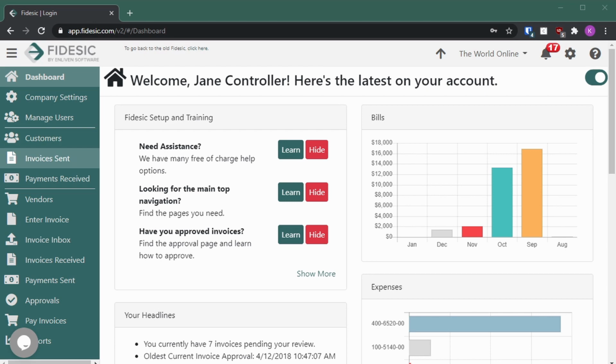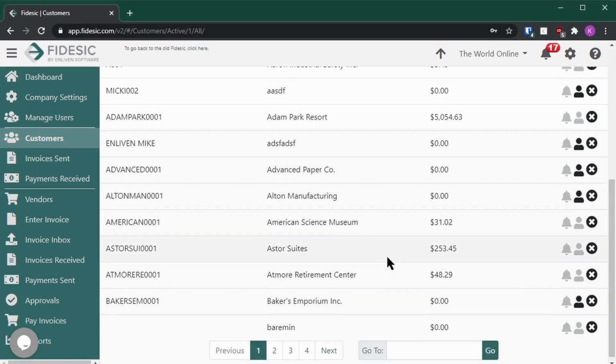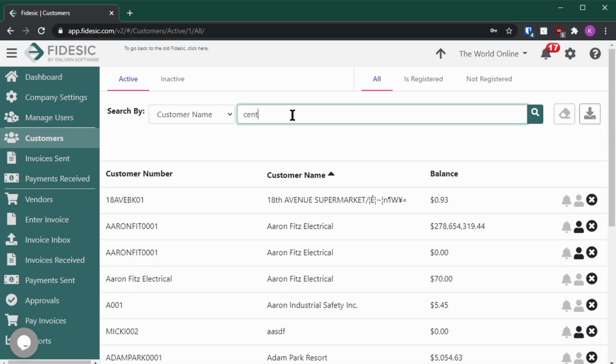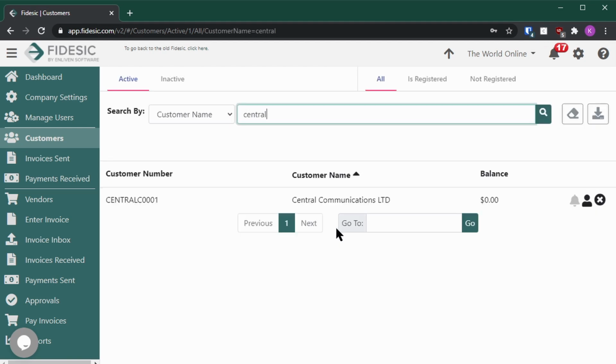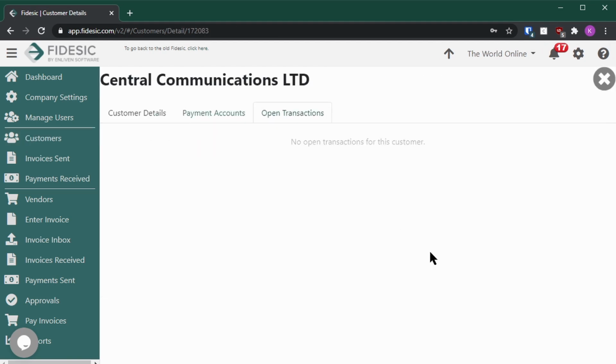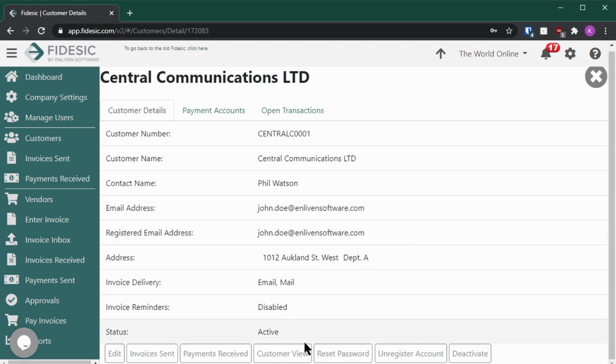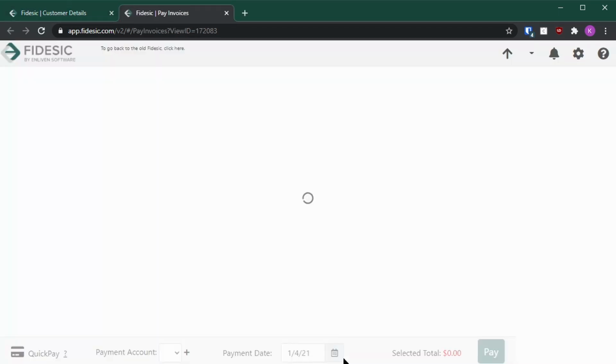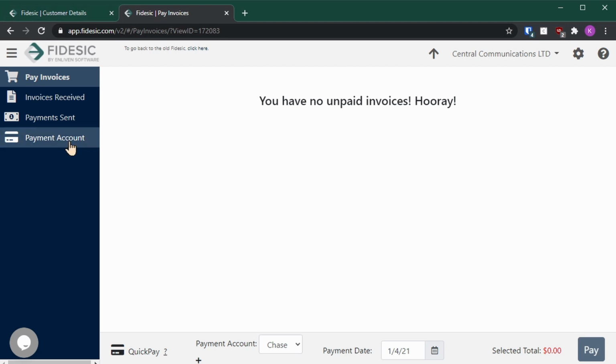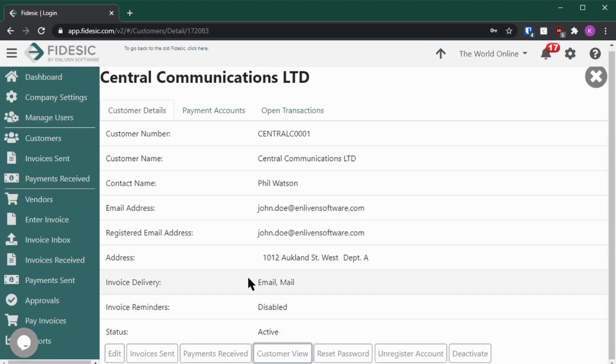So from the admin side, I'm going to have some visibility into my customers here. So if I click on that customers tab, I can see all of the customers that I have, which means I can look up an individual customer. If we're looking up our Central C, we can check on this customer, see any open transactions that are associated with that customer, see some basic customer information that we're going to sync from GP, and we've even got a customer view option here. So this customer view option is going to show you exactly what that customer can see within the portal to kind of make it easy for you to see exactly what's going on from their perspective